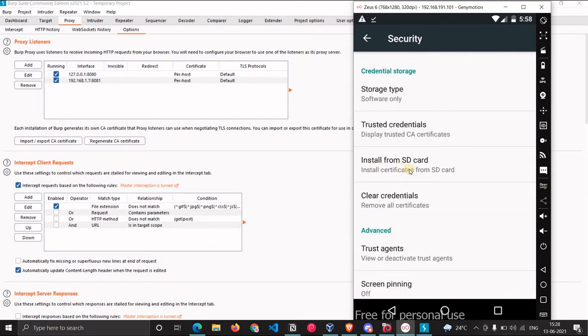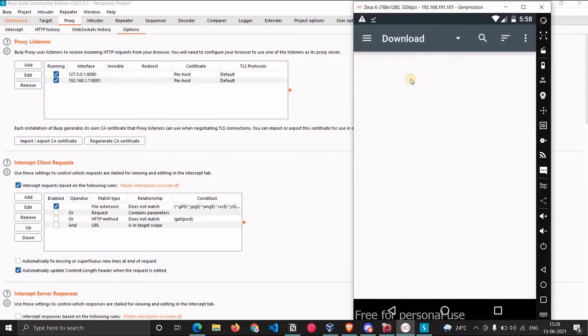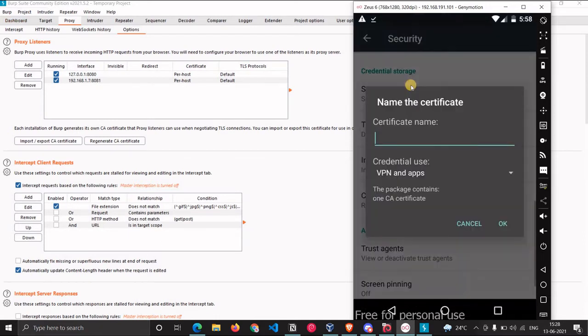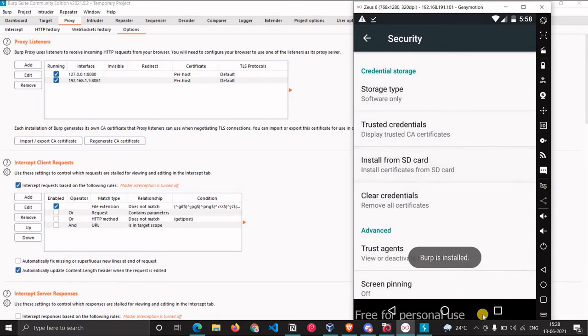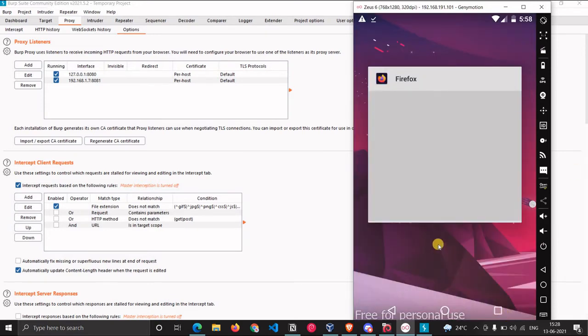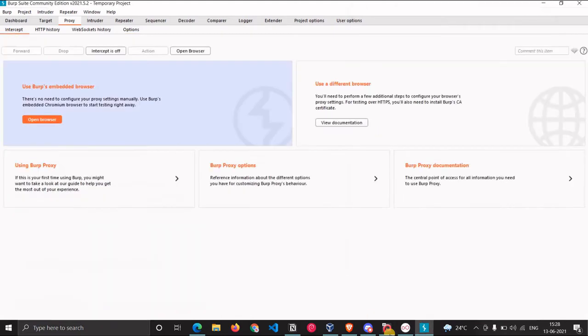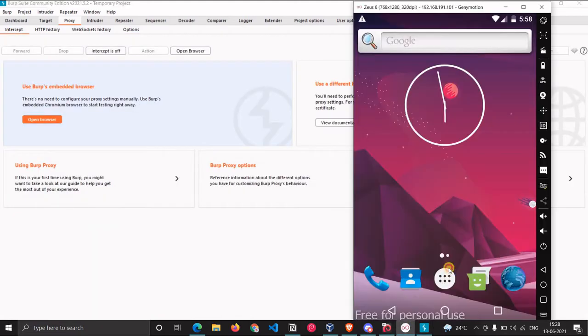When you click install from SD card, we are trying to install the certificate on this device itself. Then we are selecting that certificate. We want to install that one and give any name. I'm giving it as burp, and yes, burp is installed. So that particular certificate is installed on this device.